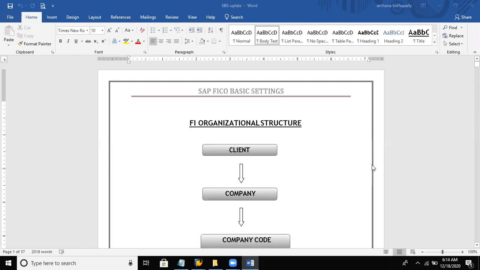Today we will be discussing the FICO Part 2 concepts. So let us have an interaction of the FICO General Ledger Accounting settings.